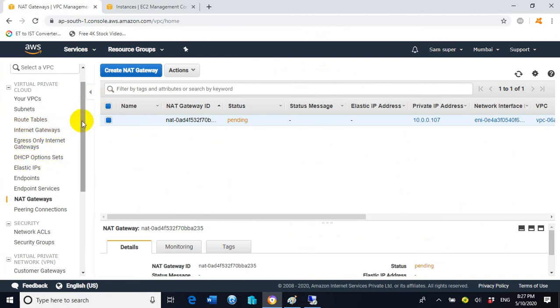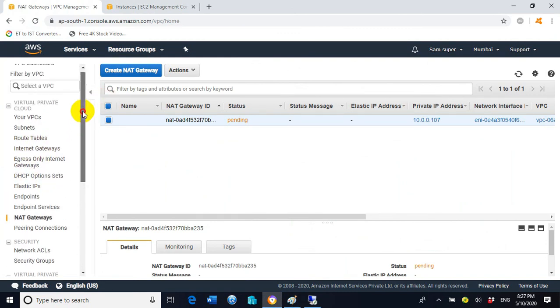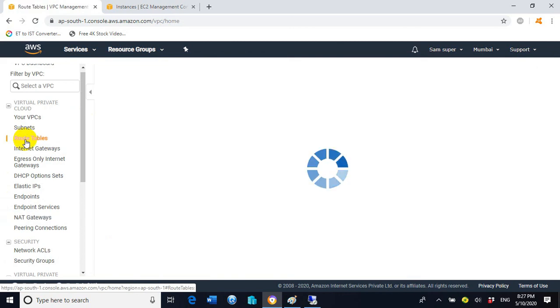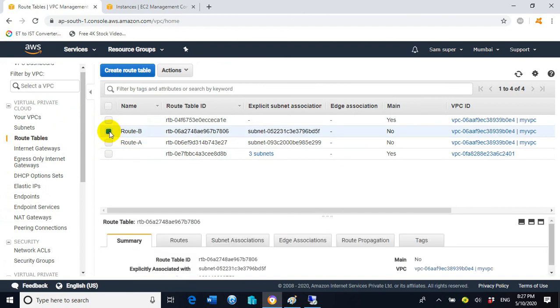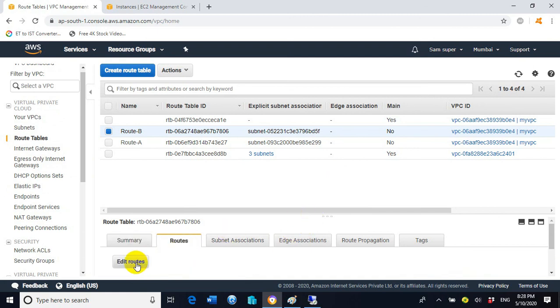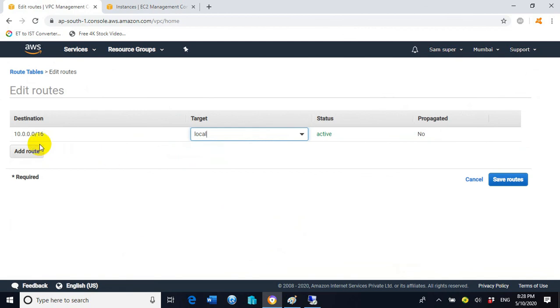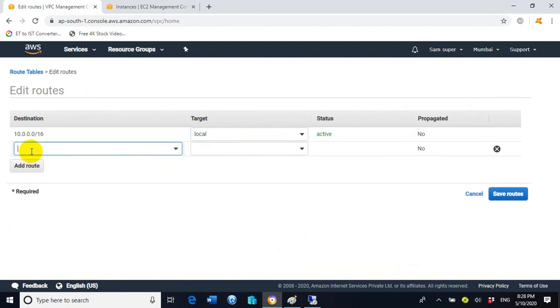So here click on route tables, and you can see both of the route tables are available for us, route A and route B. So route B is the route table which belongs to the subnet B. So select route B, and here click on routes, click on edit routes, click on add route.